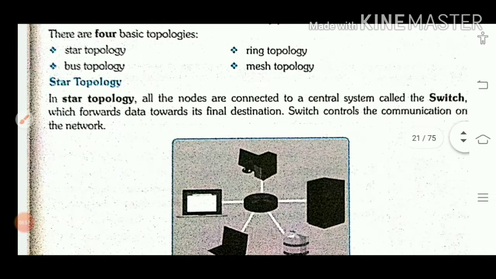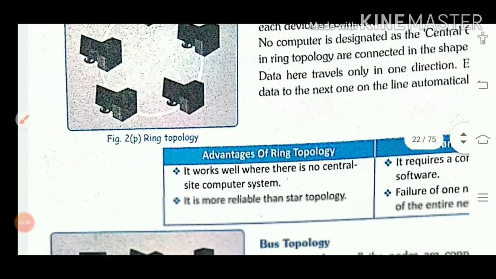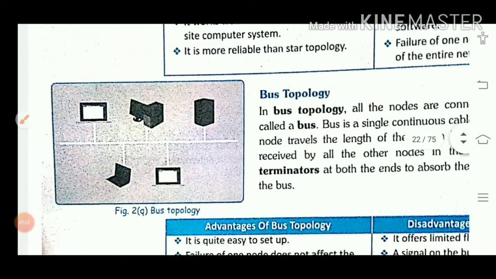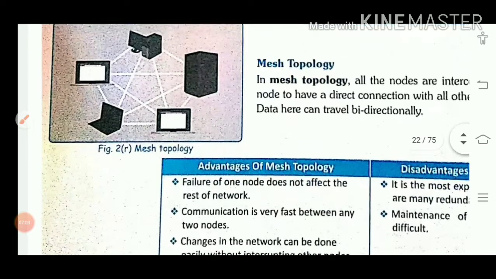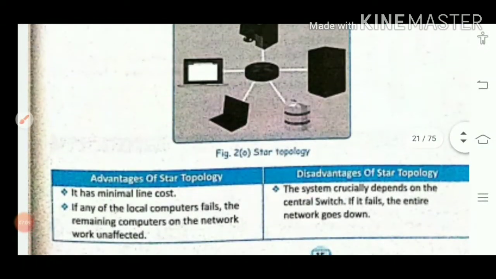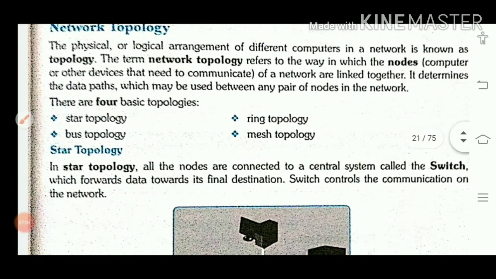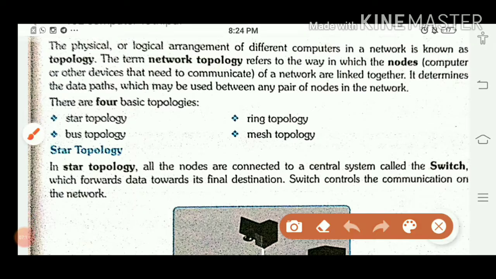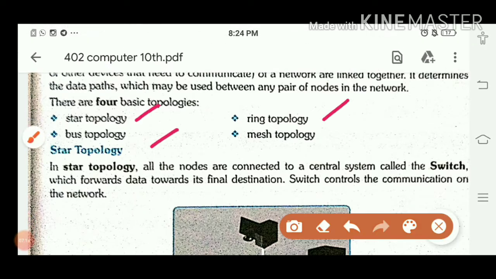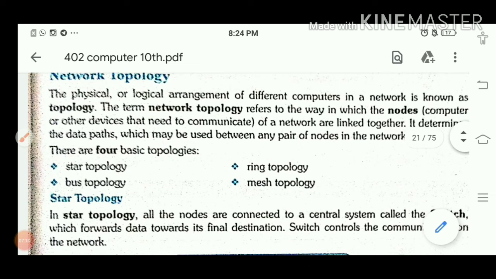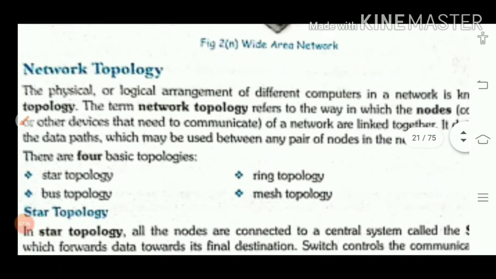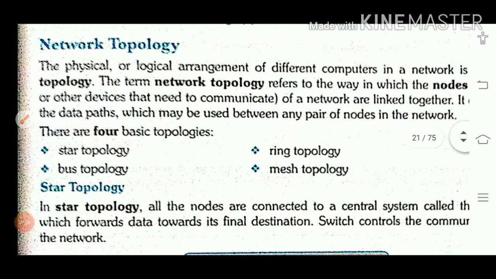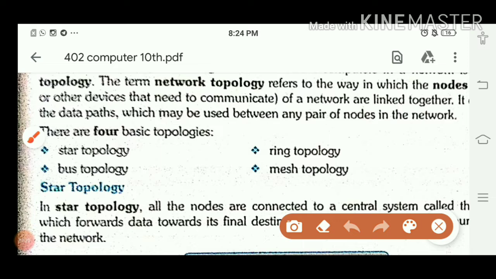Okay, understood. We could arrange them like this also. We can arrange them in this manner also, in this method also. So these are the different topologies. Our complete topology is divided into 4 parts. First one is star topology, bus topology, ring topology, mesh topology. So what is topology? Topology means arrangement of nodes of different computers in the network. Now we will learn about these topologies one by one.